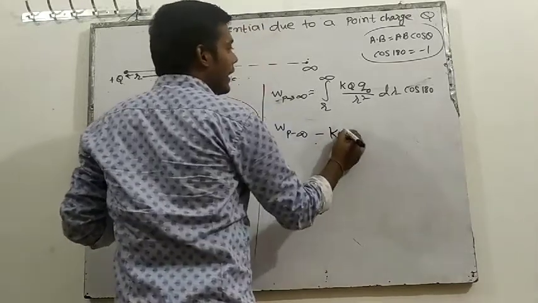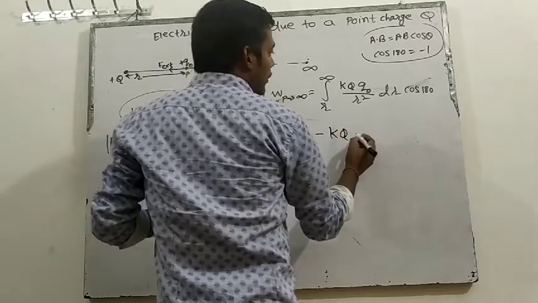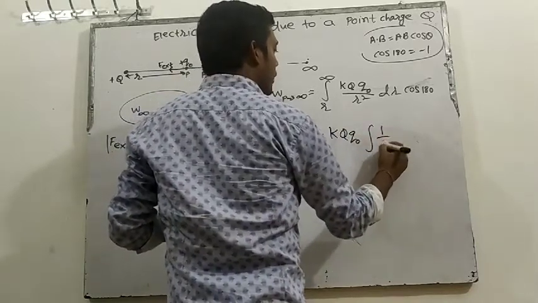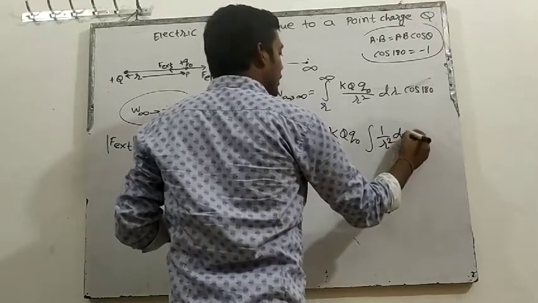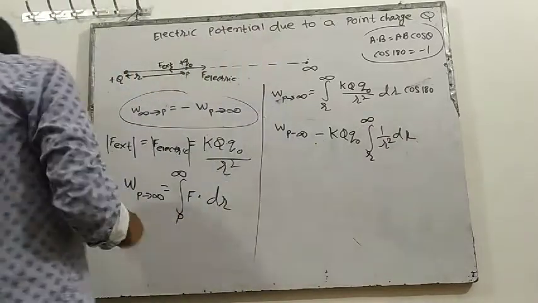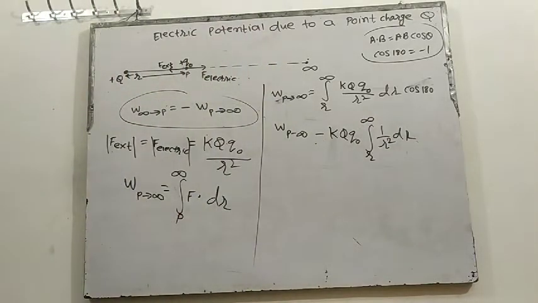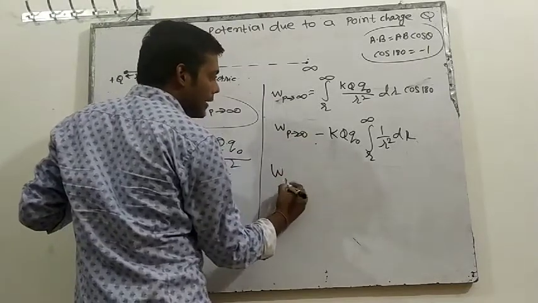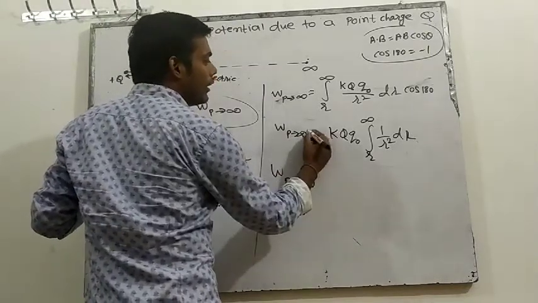Capital K constant, capital Q constant, Q naught just charge constant. Inside there will be only 1 by r square dr, and r will go from r to infinity. Clear? Now it is simple integration. So work done from P to infinity will be equal to